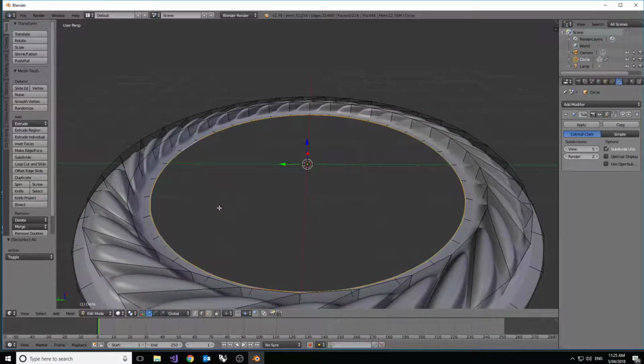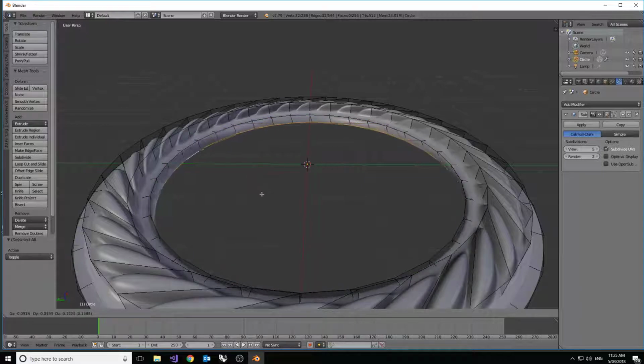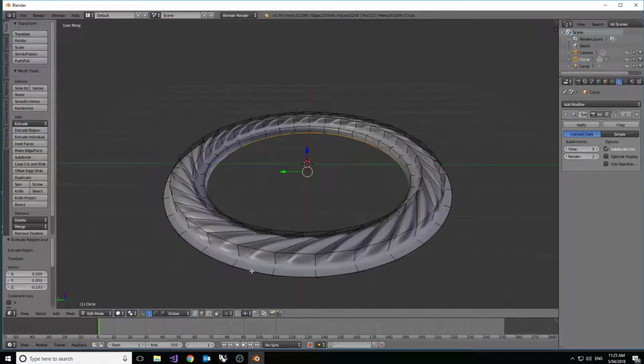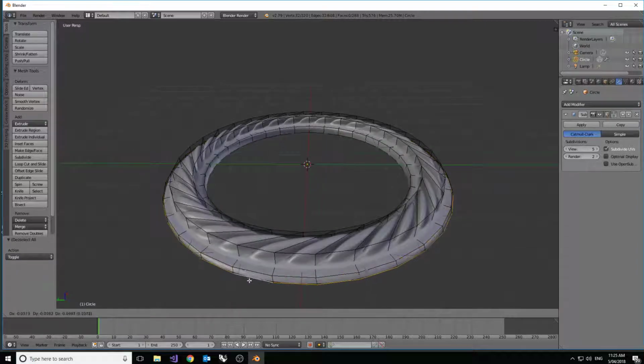Alright? Now I want to extrude that straight downwards, so I'm going to go into Z. And I want to do the same thing with the other one. Alright, so I'm going to hold down Alt, just tap A to let go, hold down Alt and grab onto this, and I extrude it straight down in Z again, a little bit like that.